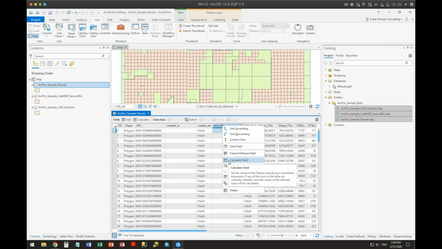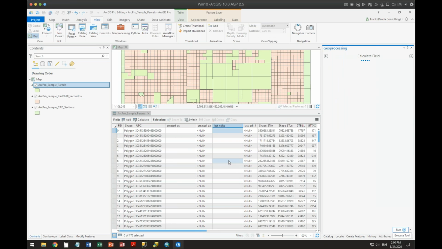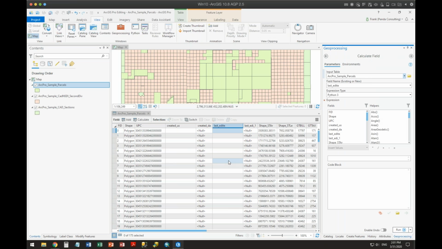In ArcMap, it would open up what was called a modal dialog box, a nice little dialog box, allowing me to put the elements in there and run right here. Not so in Pro. In Pro, when I click this, it opens up the geoprocessing tool to calculate the field. That one command is no longer fired off on the interface. It's fired off by calling literally the Python script, the geoprocessing tool, to do this.